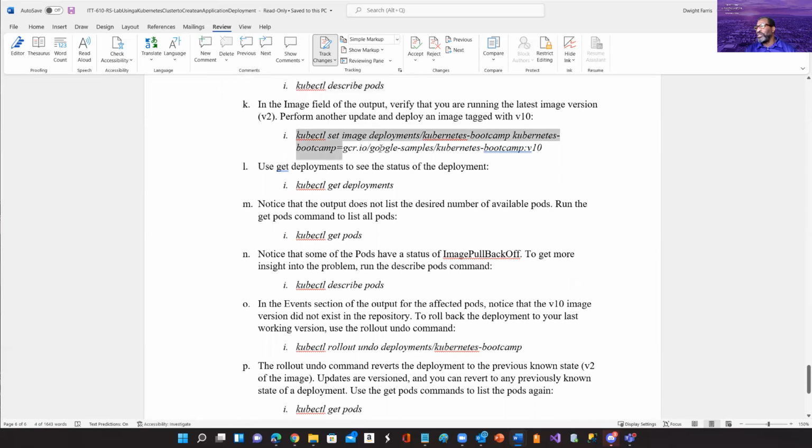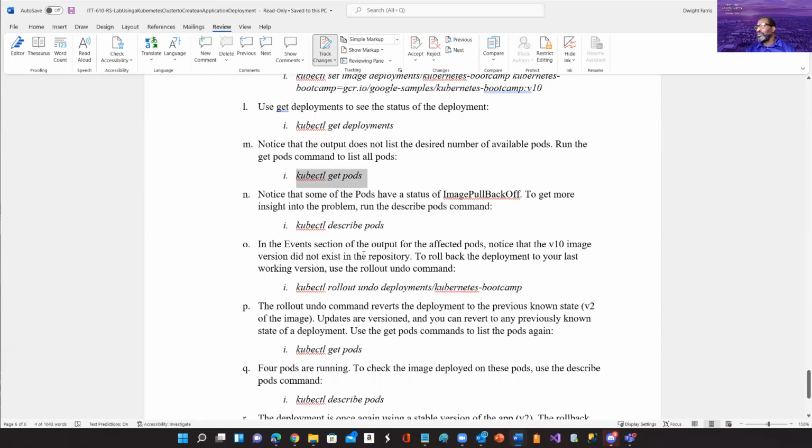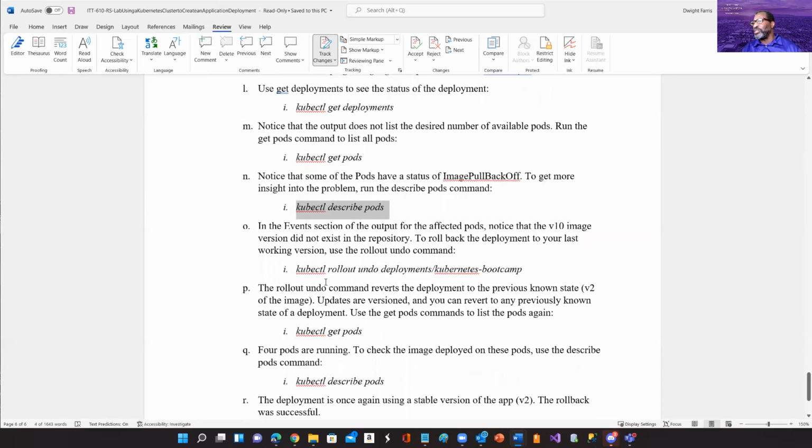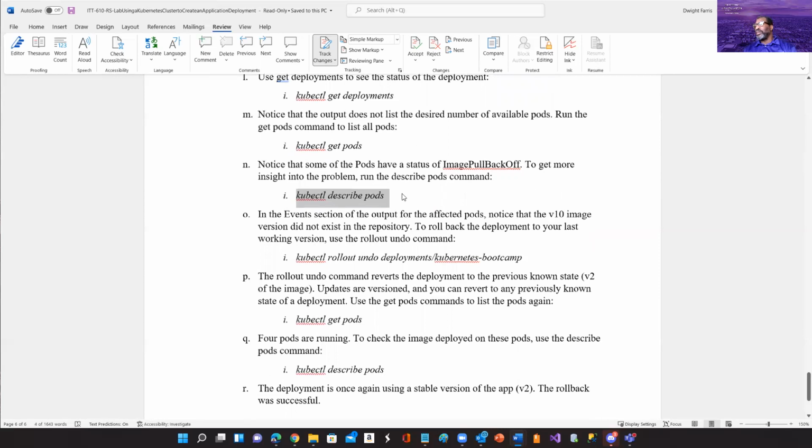but now we're going to update it to version 10. So you just run through the same process, the same commands. If for some reason you have an issue, you may notice that some of the pods have a status of ImagePullBackOff. If you look in the status to get more insight into this problem, run describe pods. It'll give you an idea of what's going on in the event section. This may not happen, so you may not have to run through this, but be cognizant of this part